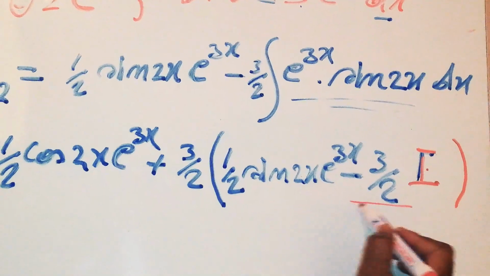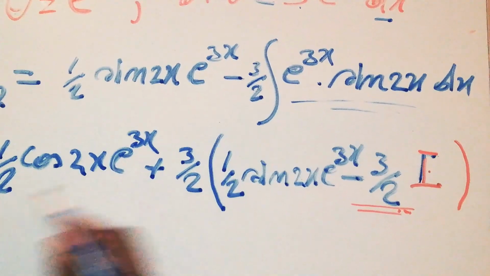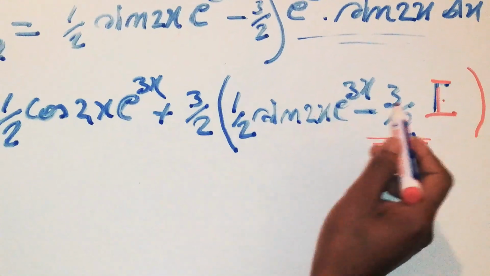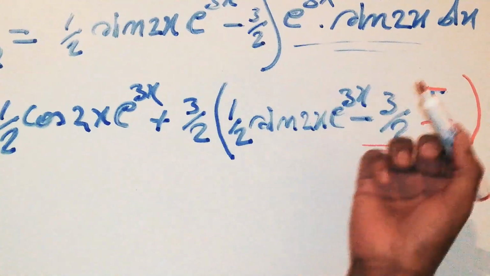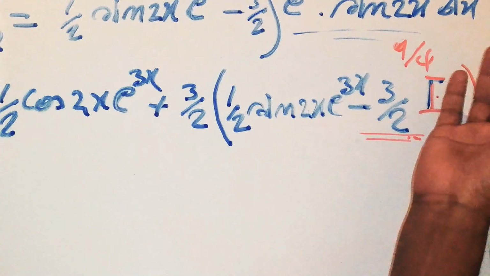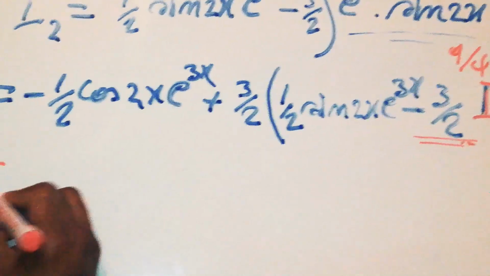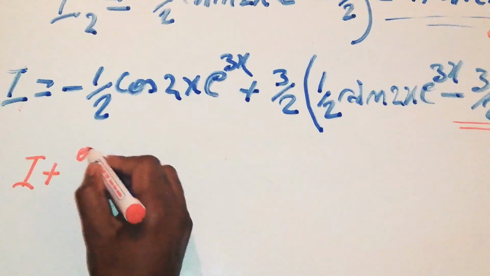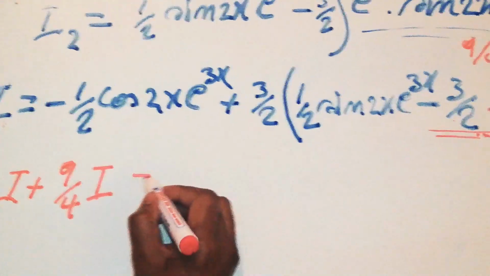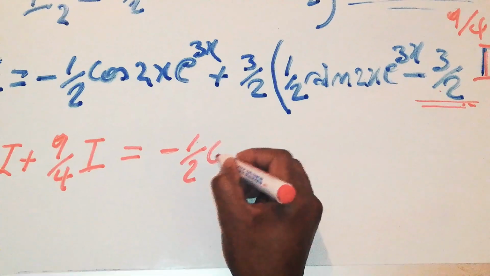Then I'm gonna take this integral to the other side, which means these two are gonna give me 9 over 4. So I'm gonna say I plus 9 over 4 I, because this one comes inside, is equal to minus half